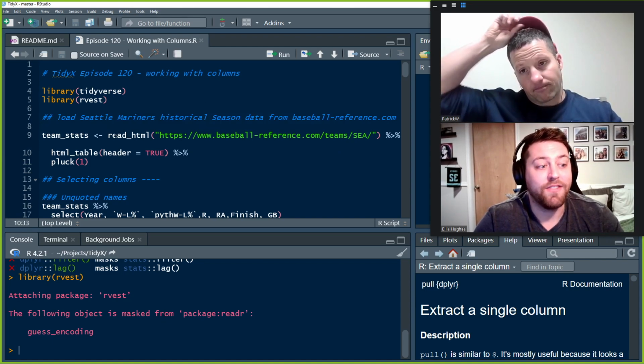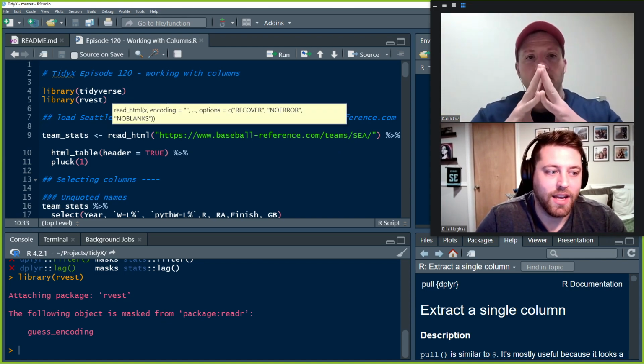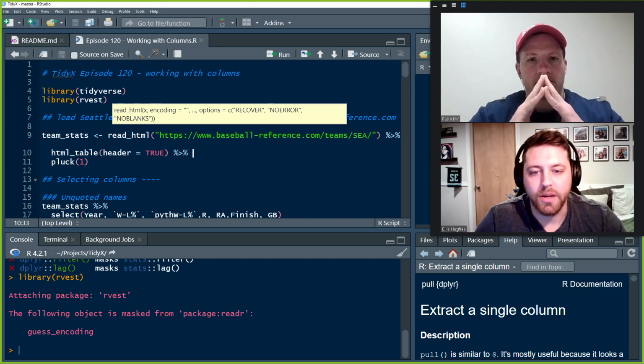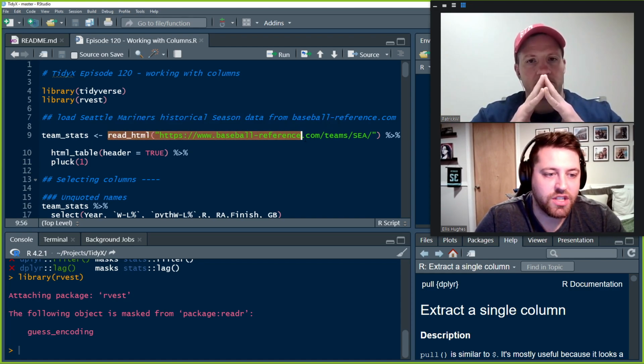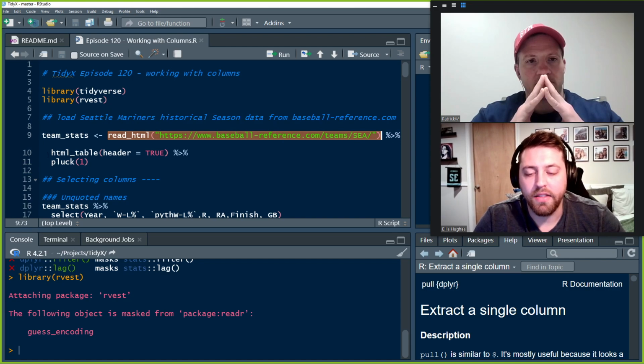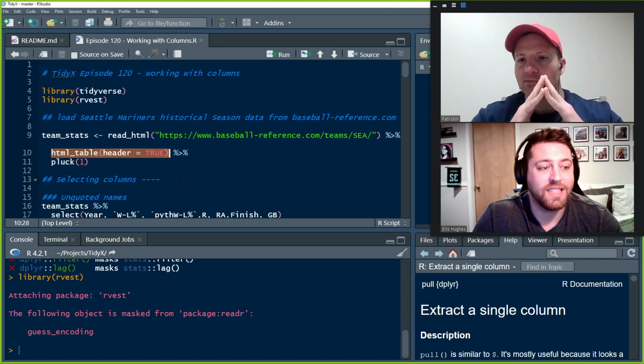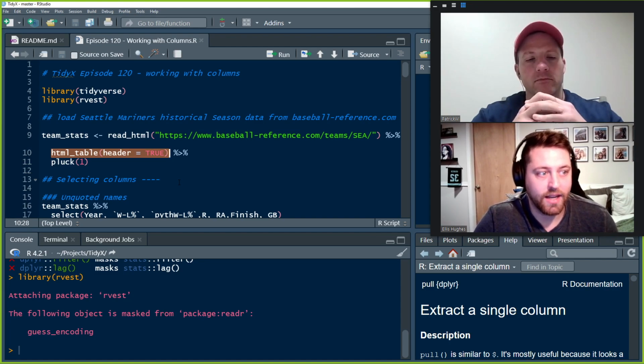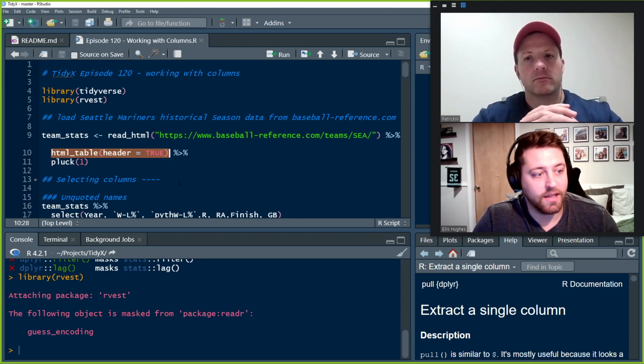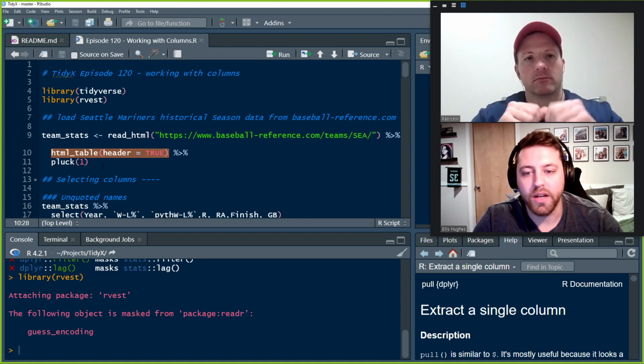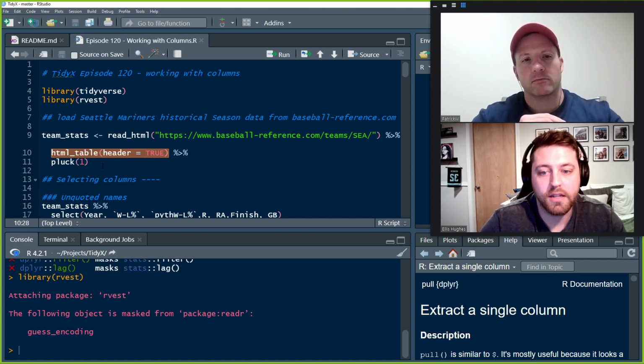This is the franchise level, season level data. So we're going to pull this. We're going to use the read_html function, and then throw this into the html_table function. What that does is pull the tables from the website and put them in data frames in list form. Then we're going to use the pluck function, which is intended to be used for lists, and this will pull the first table from